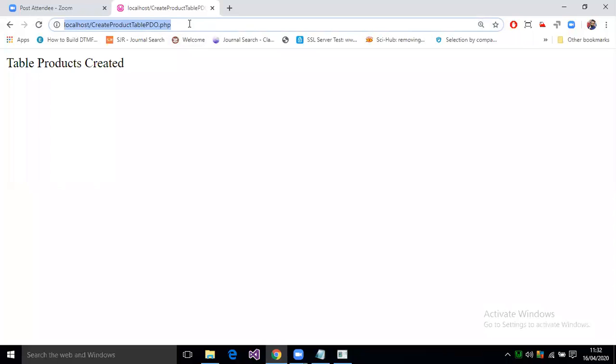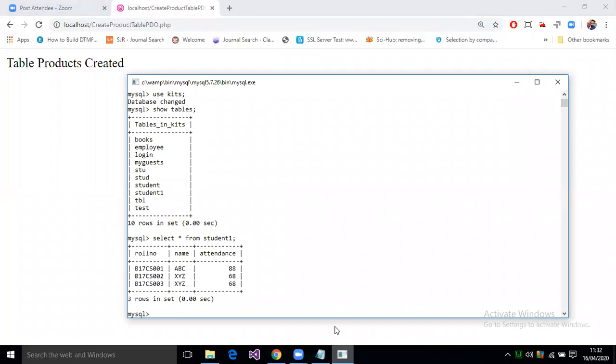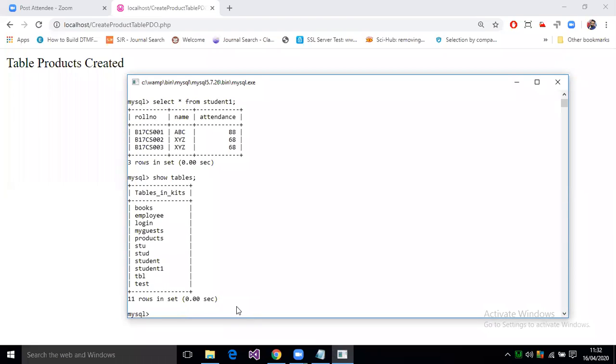So when I run this program, we can see with the help of show tables that a table called products has been created.